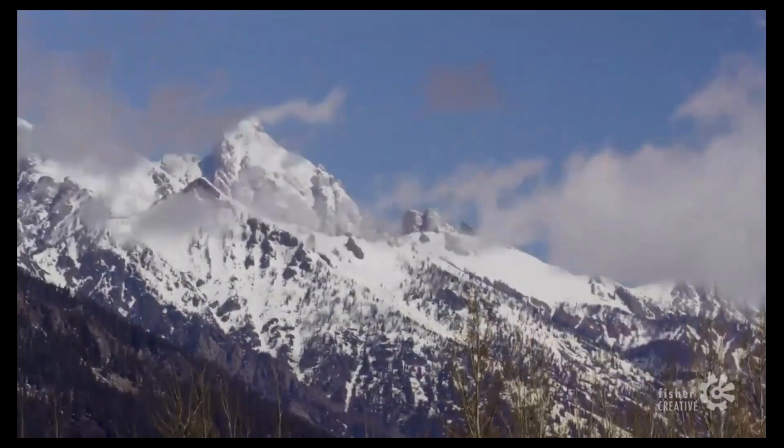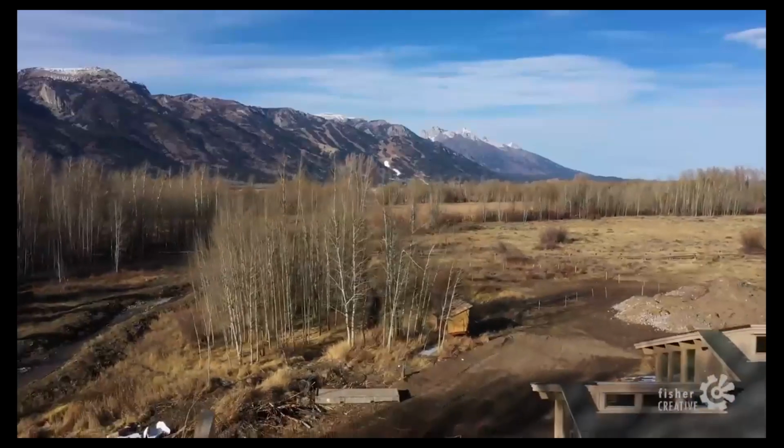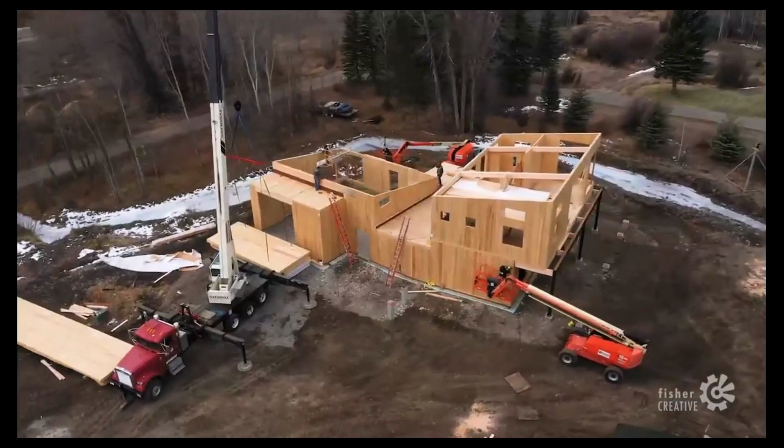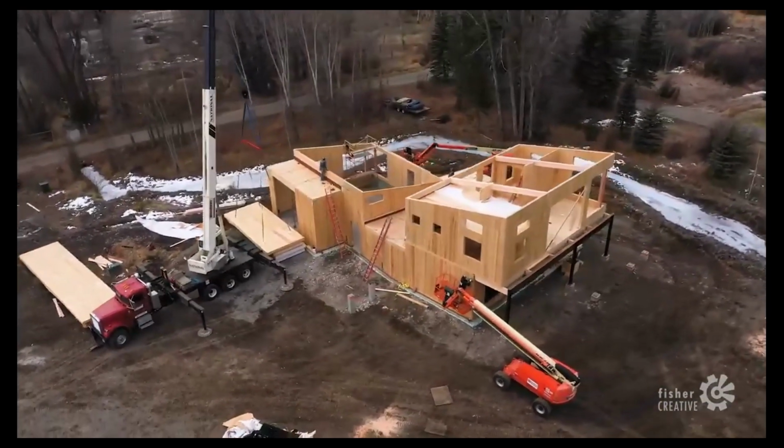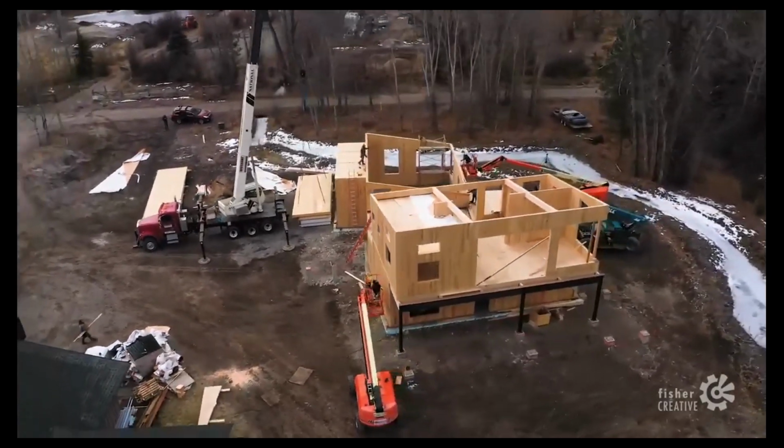So the building in Wilson, Wyoming is really interesting for a number of different reasons. I think the architects and the owner and the builders have all kind of worked together to understand both the architectural design side of this as well as kind of the building science side. We explained that in order to qualify our contractor, we would require that person to go get some training. The homeowner